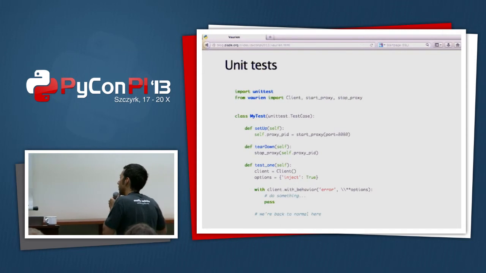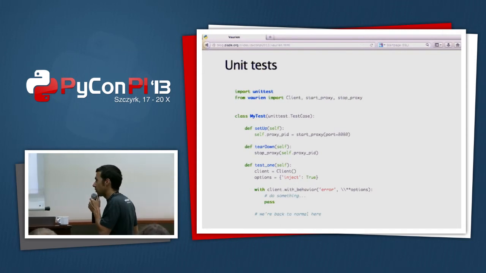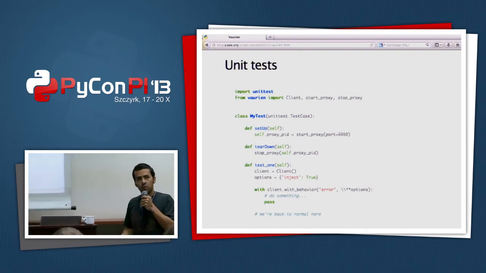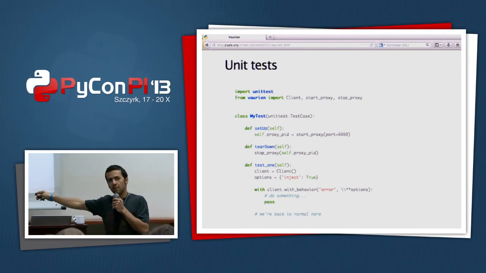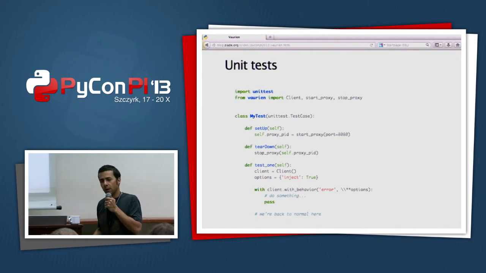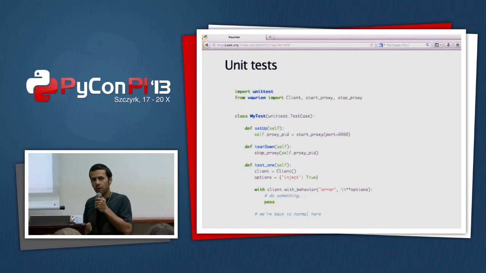So if you do this, it starts to get really interesting because it means that you can start to write regression tests. Of course, it means that this test is expecting a server to be running behind. So it can be a little bit tedious to have a server running while you run unit tests, but it's possible.